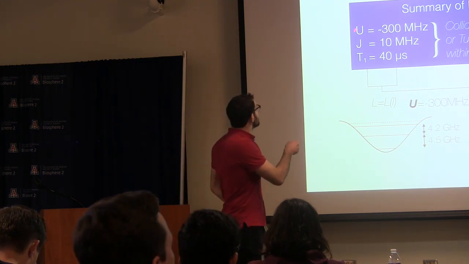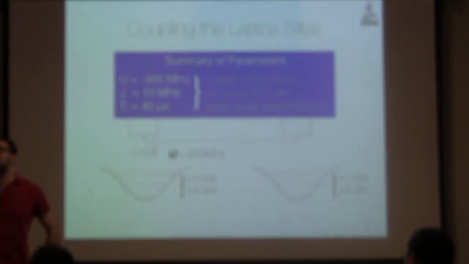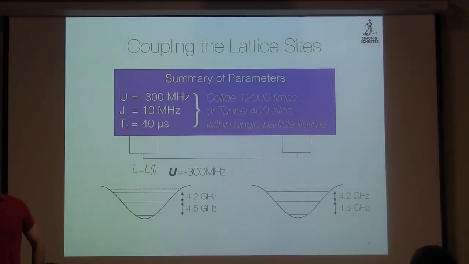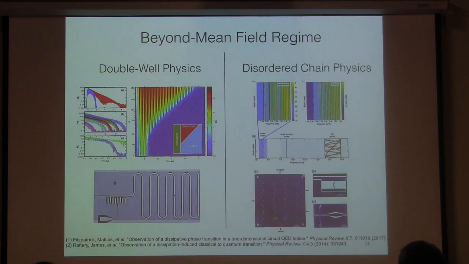And you can see this U times T1 also tells you approximately how many gates you can implement in a quantum computer. So this platform was generated for quantum computing. And basically, Dave and I sat down, multiplied those two numbers together, realized that's what you need in a lattice, and you're like, geez, we should really make a Hilbert regime lattice. This kind of system. Okay, so that last slide was one I didn't finish, so I think we should skip it.